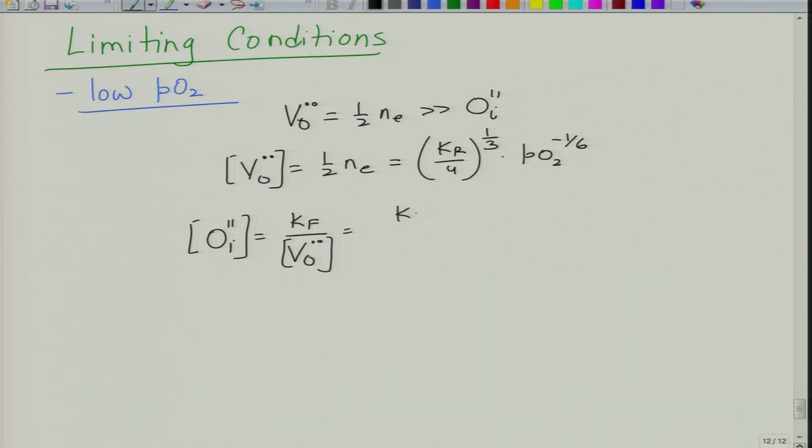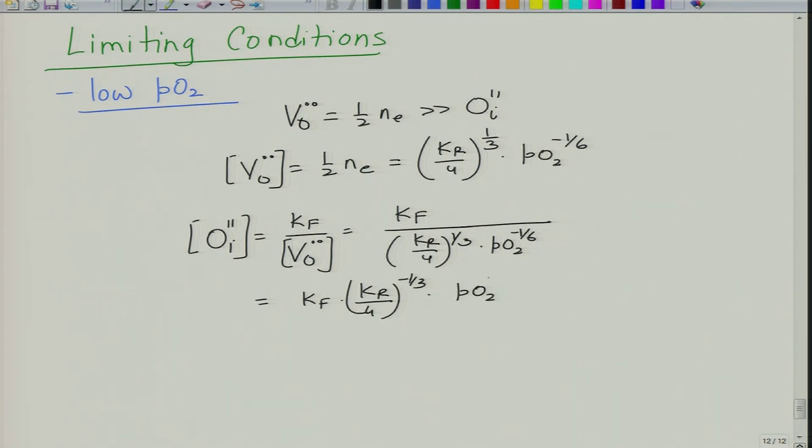So, this becomes Kf divided by Kr to the power divided by 4 to the power 1 over 3 into PO to the power minus 1 over 6. Which means this becomes Kf into Kr divided by 4 to the power minus 1 over 3 into PO to the power plus 1 over 6. So we have determined VO, we have determined Ne, we have determined OI, and we now need to determine what is